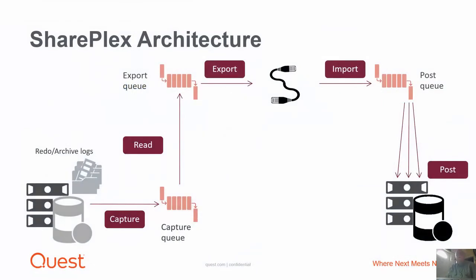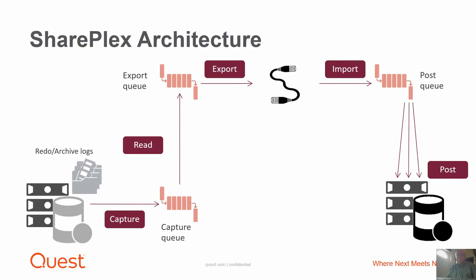First thing is, you look at the diagram here. We are redo log based. We're capturing the results of transactions as they appear in the Oracle redo log, and we're taking them and moving them over to a target database and posting those results of those transactions as SQL in the target database. So right off the bat, you've got two databases, so no single point of failure, no issues there.